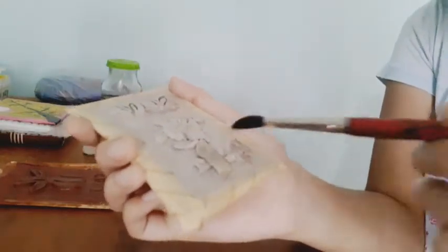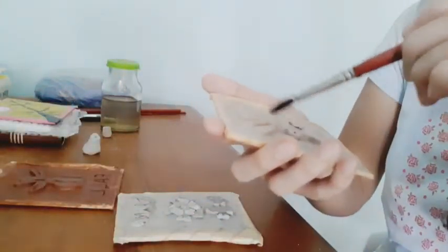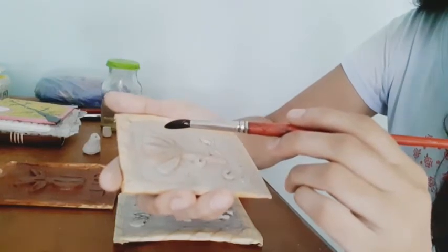You could see, guys, very well, I have placed water into that. The same thing I'm going to do with my second piece. I have applied a fixative, that is a chemical, to it. So I'm going to be seeing the difference between these two, which one is the best, because I want